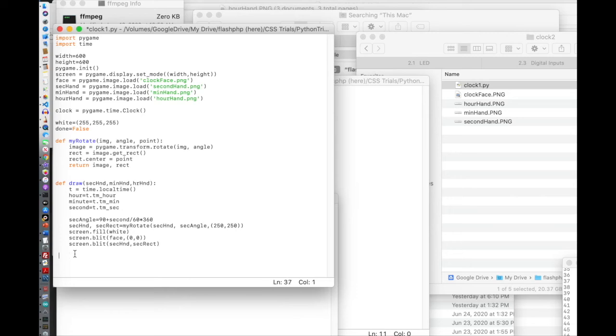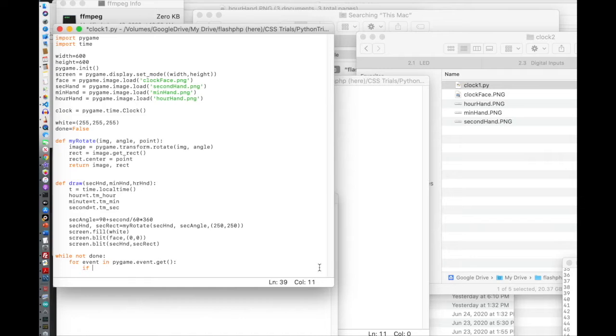Then we're going to make the thing that's going to do the drawing for us. We need to have a little loop that's going to animate our clock. While not done. This is just right out of the Viking game. For event in pygame.event.get. What we're going to be doing is just doing this over and over and over forever, and we're looking